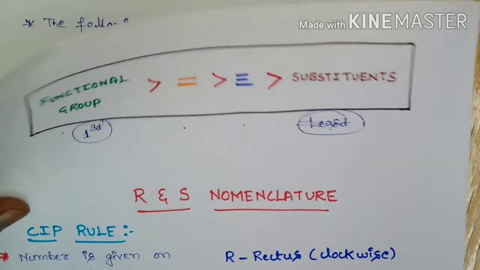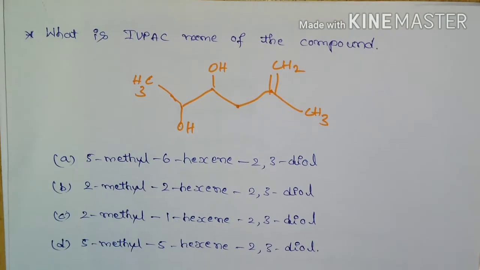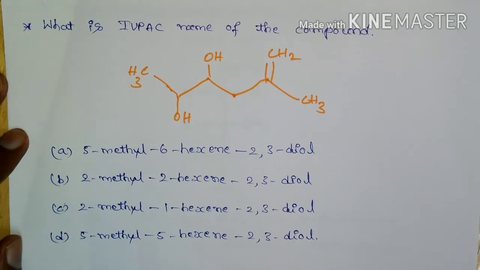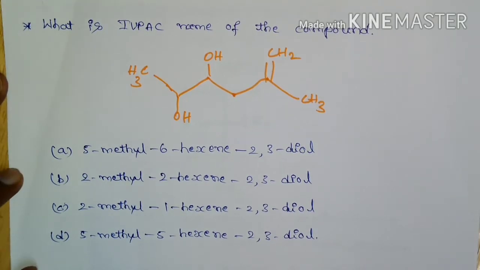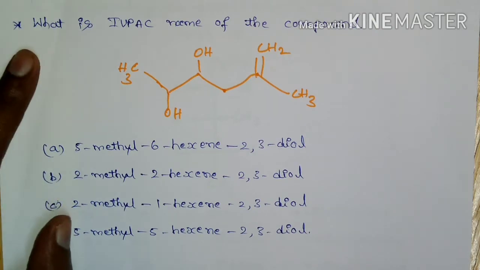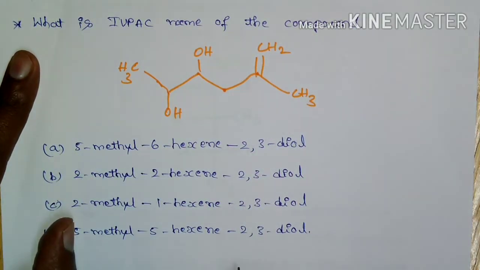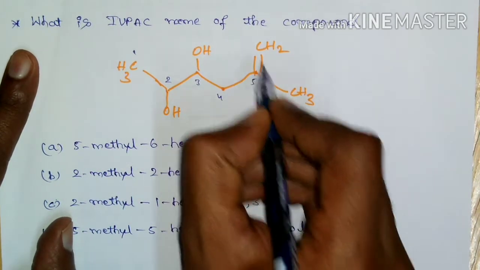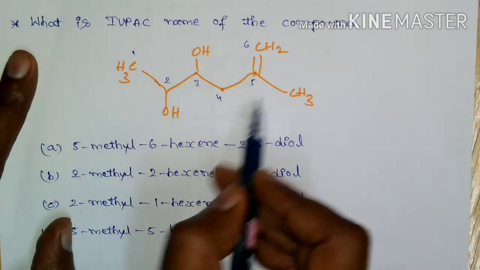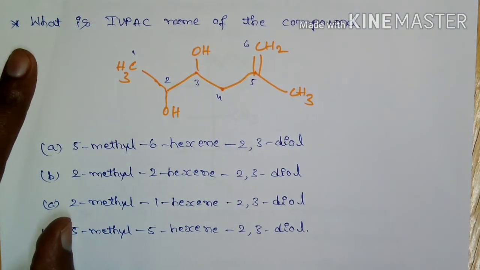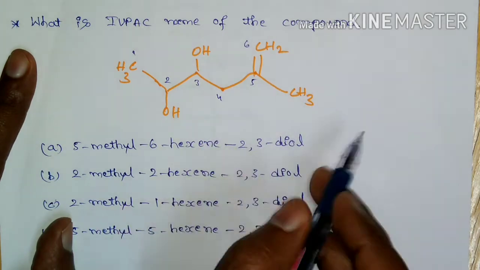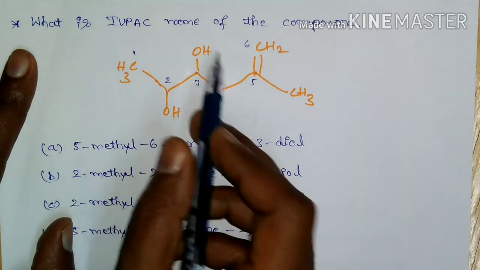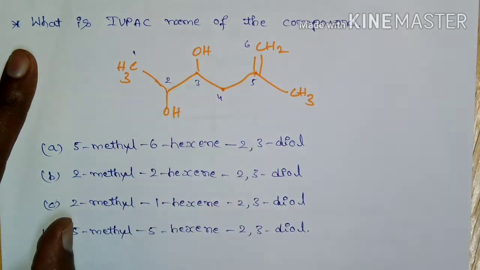So with this, now we will see how we can apply these rules to this molecule and how we are going to arrive at the name of the molecule. The molecule, if I select the longest chain, so 1, 2, 3, 4, 5, 6. So double bond has to be considered in the longest chain, and this cannot be considered. So this is the numbering, so that these functional groups will take least numbering.